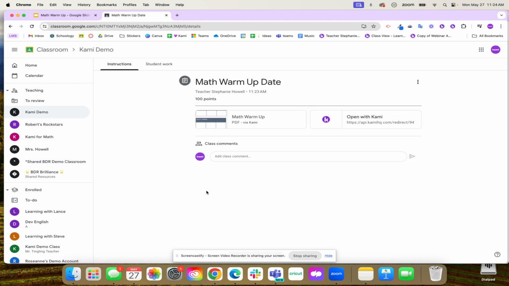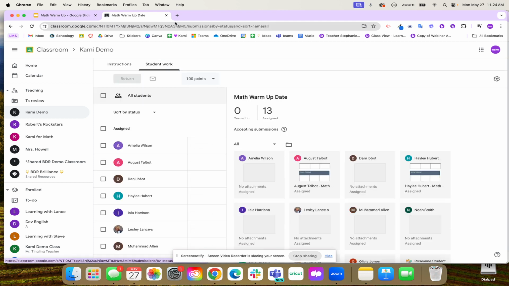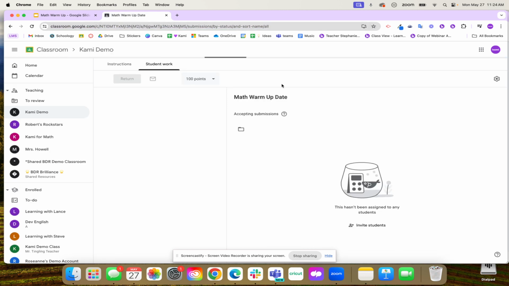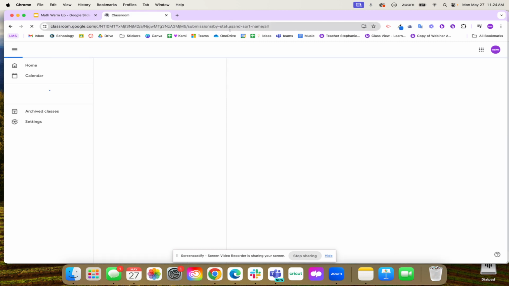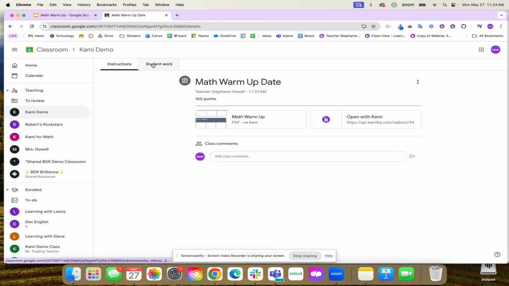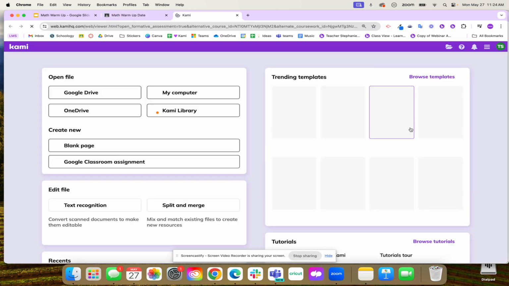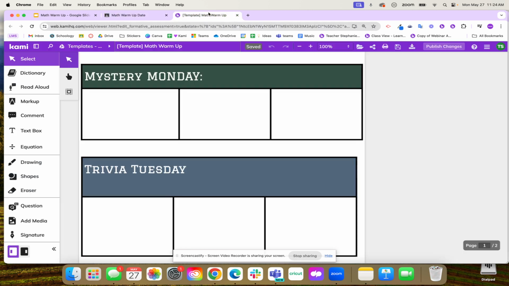So when I go into view instructions, I'm going to want to hit update work. And it takes a moment for it to load. So let me go ahead and refresh and let's see if it's there yet. And with update work, I can make changes on that template, hit publish changes, and my students are going to get those updates immediately on their screen. So again, there it was, update work, clicking it, and I can come in here and I can add in